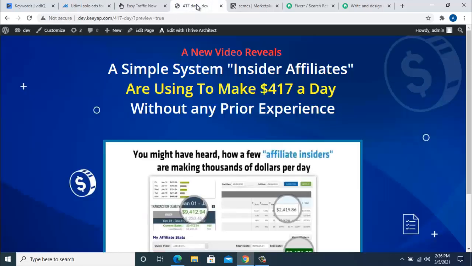Now, this method actually involves some advanced strategies and some expenses as an affiliate. Okay, but it pays off really well, right? You can make like thousands of dollars a day. You're only limited by your budget and your imagination. So with this method, what we do is we find an affiliate product, okay, and we try to create a